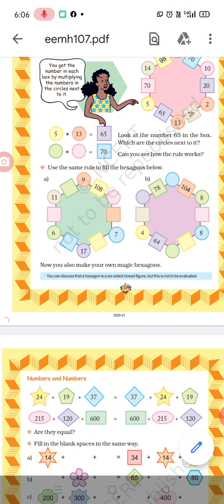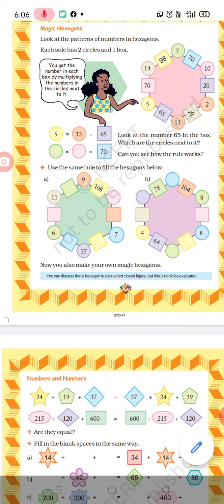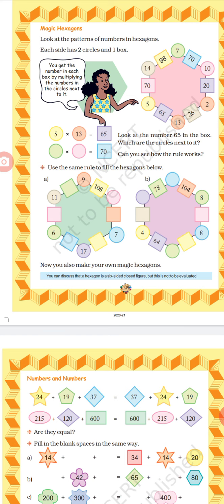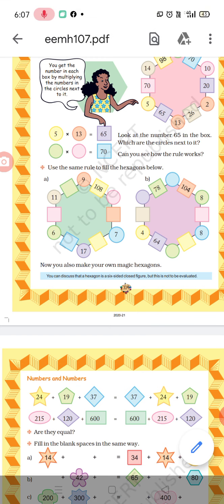Here you can see in the picture a girl is saying that here is some kind of a magic. Maths is really a magic, and it is very easy and very interesting to do. Let's go ahead, students. You will find it interesting. You know why? Because here we are going to use multiplication, and that also in a different way. Okay, so let's start it.